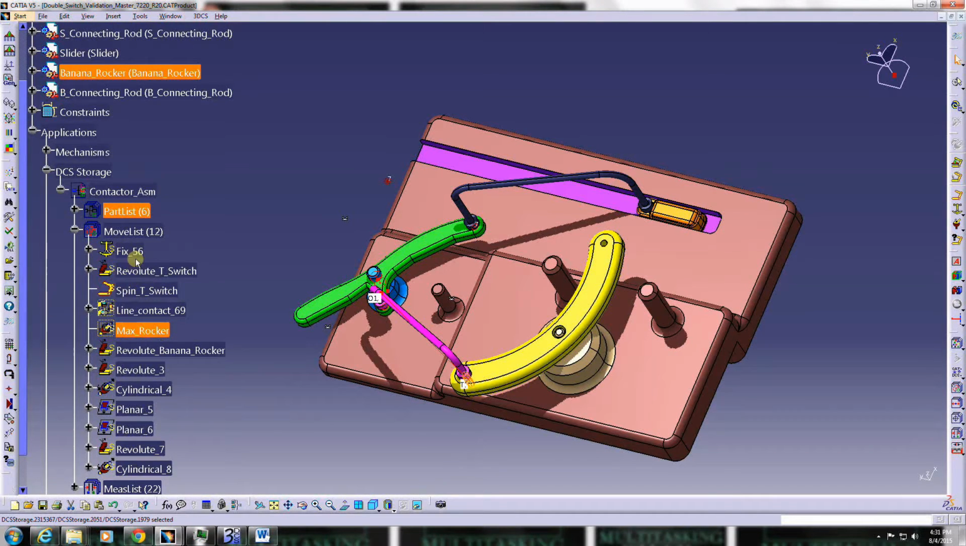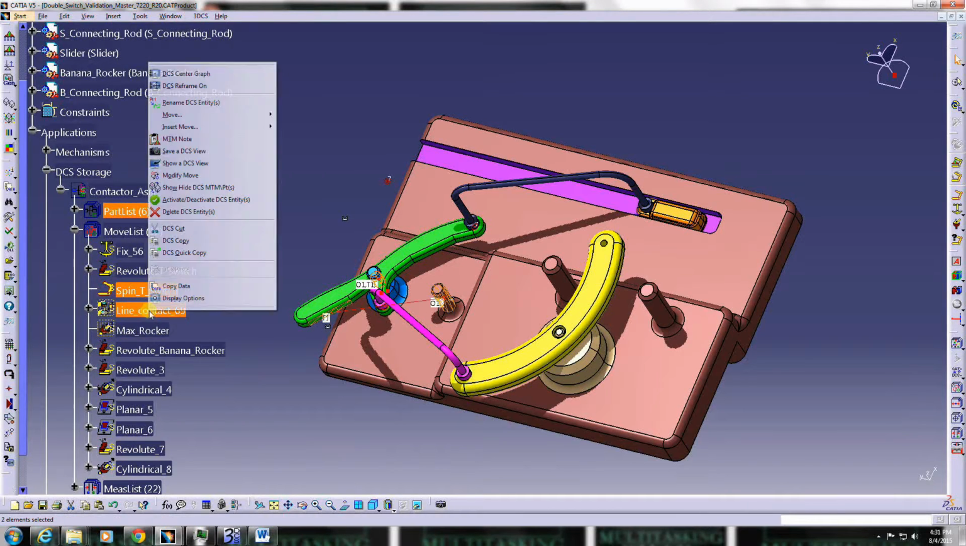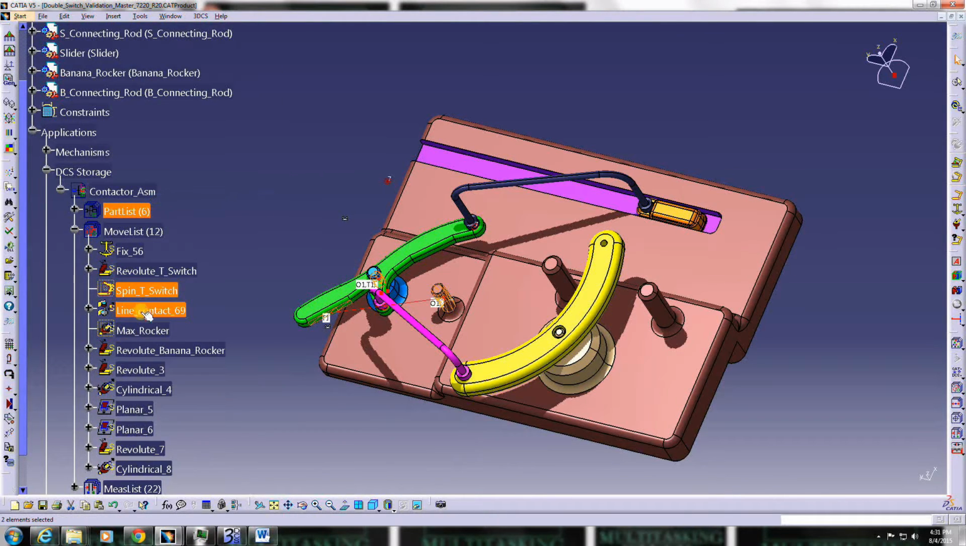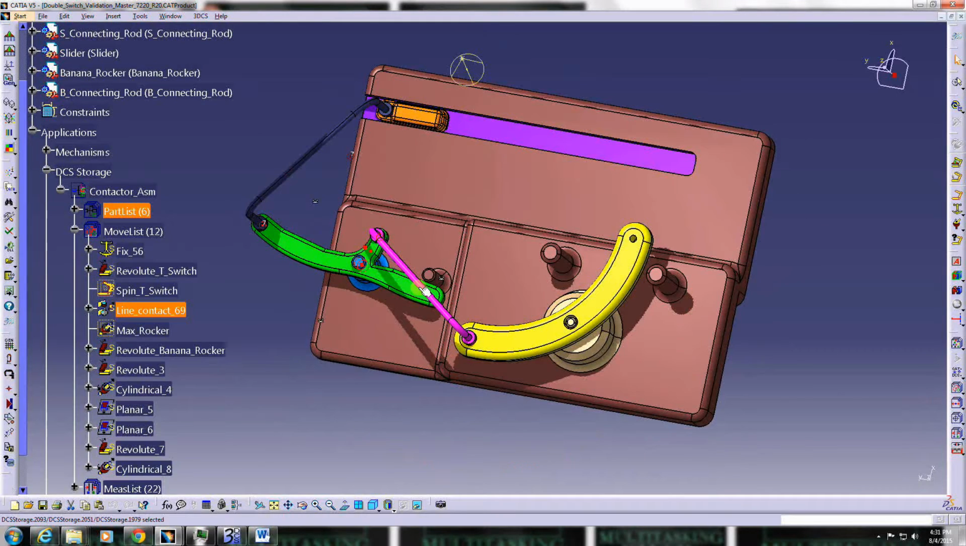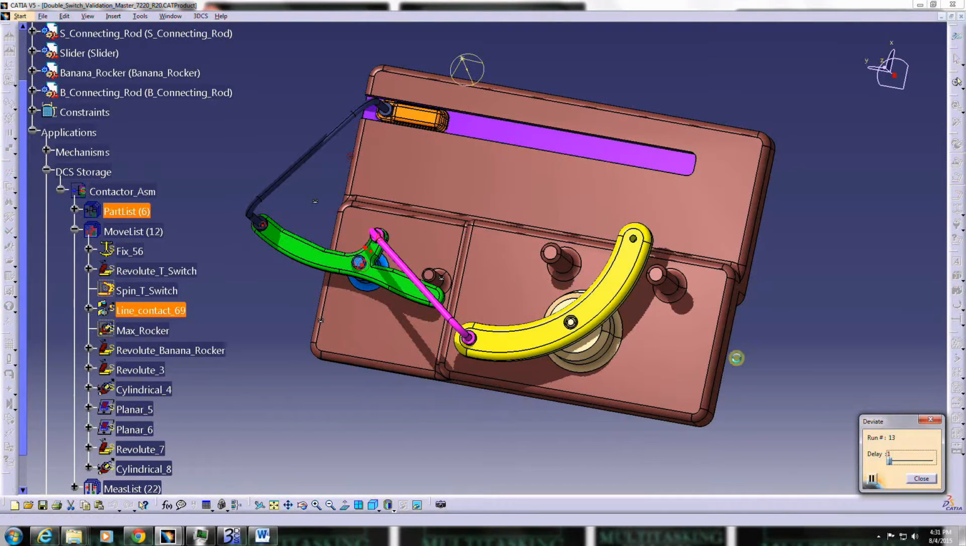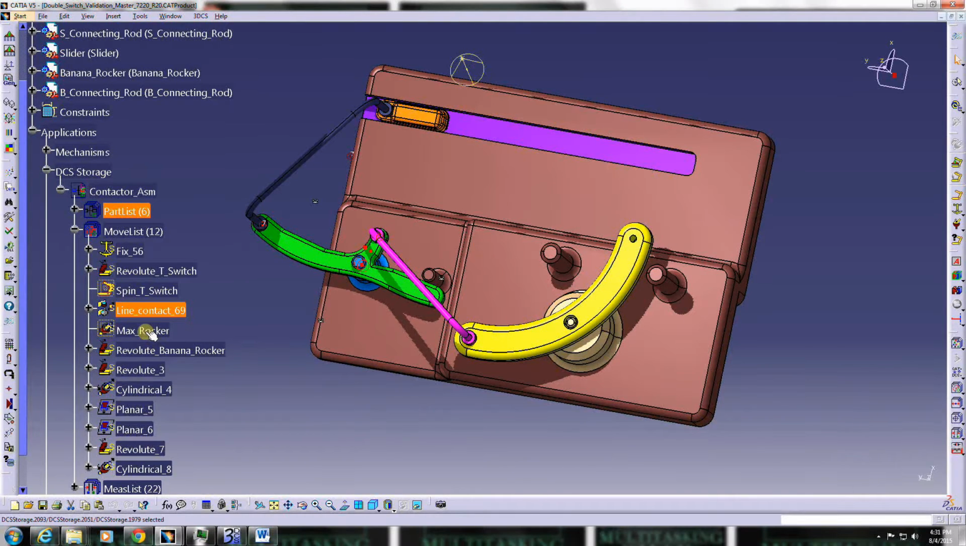And also, we have 3 different ways of controlling this green switch. The first one is the rotation that we saw. The second one is a simple contact that pushes this switch to its maximum rotation. And the last one,